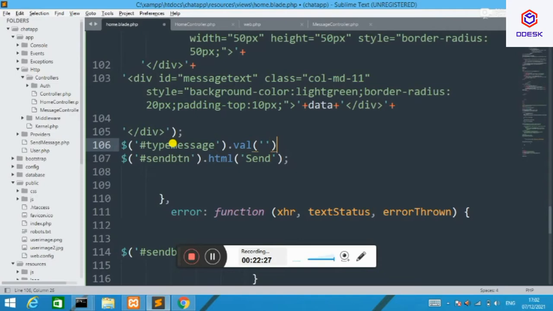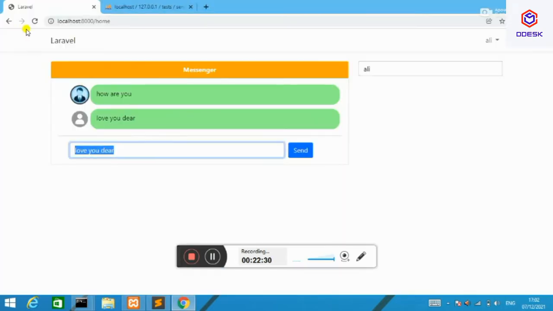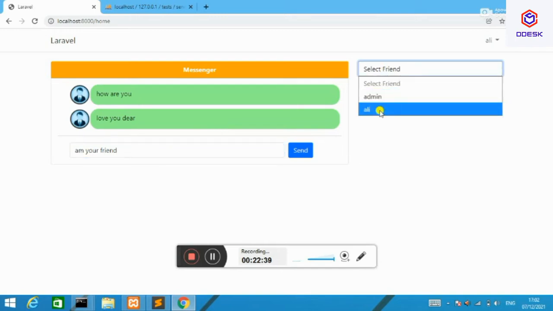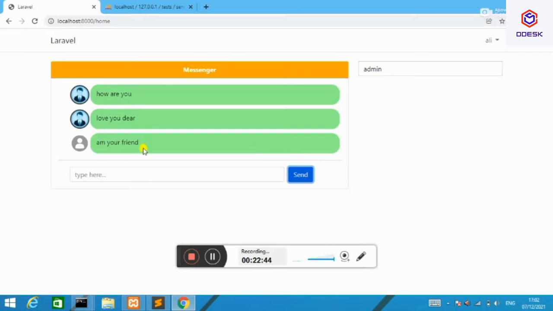Now I want to clear the text box after sending a message. Now you will see when I send a message, then after the message is successfully sent, the box would be cleared. I don't have to clear it manually. Here you can see the message box is ready to send a message again. Up to this, we have completed basically the server side stuff and database stuff.